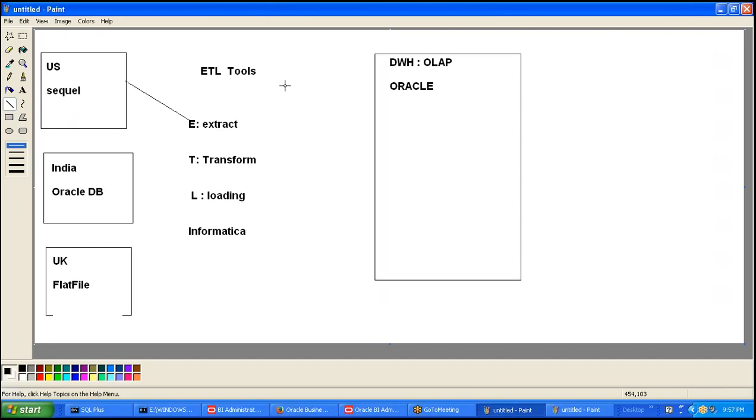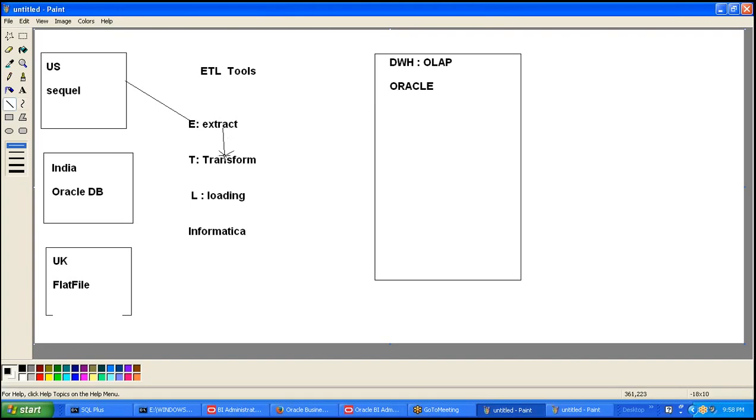So now using the ETL tools, the first process that is going to be done is extract. Extract means pull the data or take the data from the source system into the ETL tools. You will be taking the data into the ETL tools, either Informatica or any other tool like DataStage, Ab Initio, anything. So you are going to extract the data into Informatica, and after you have the data in Informatica, we are going to transform the data.